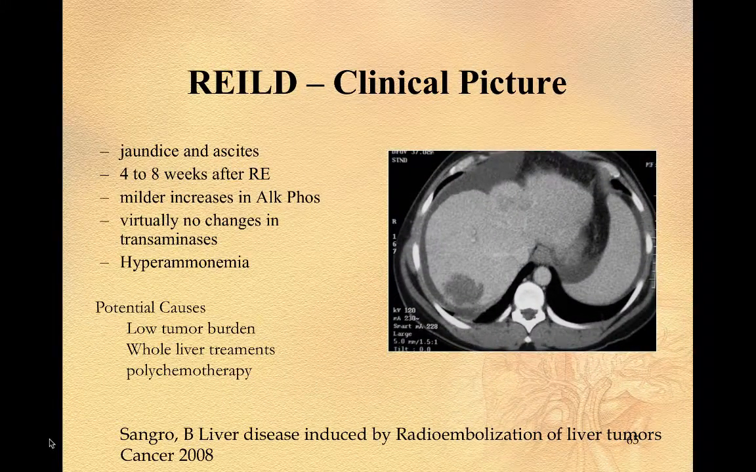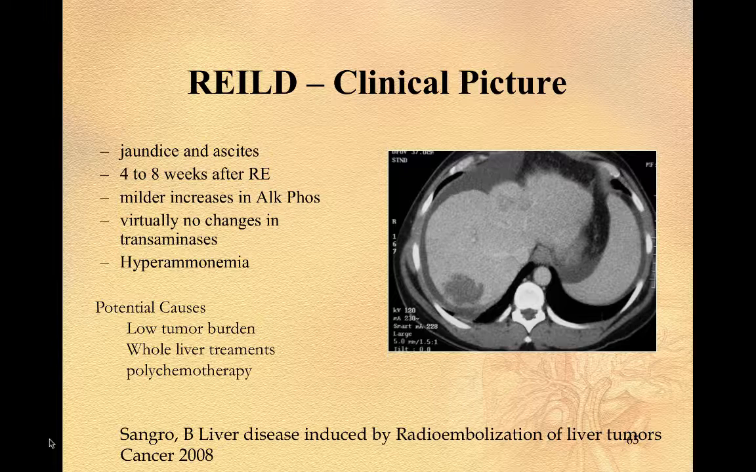This is REILD, radiation-induced liver disease. Bruno Sangro from Spain published this paper early on. Who are the people that are more likely to get RILD? Well, low tumor burden. That makes sense because you're not stealing the beads away from the normal liver, so the